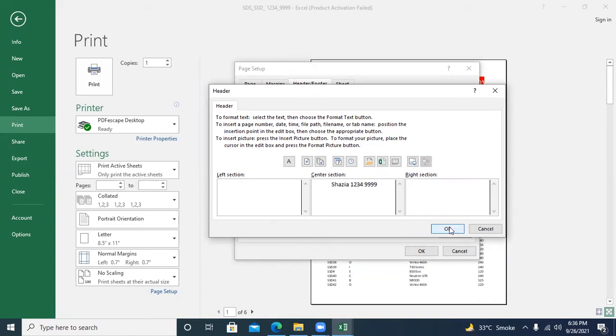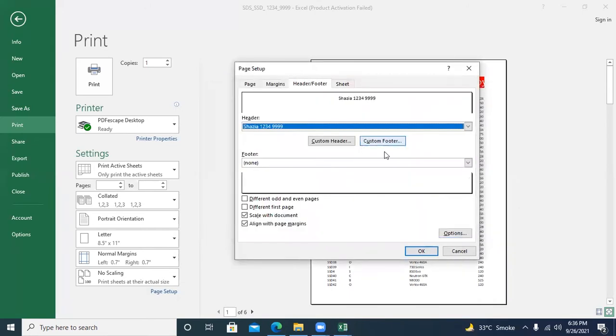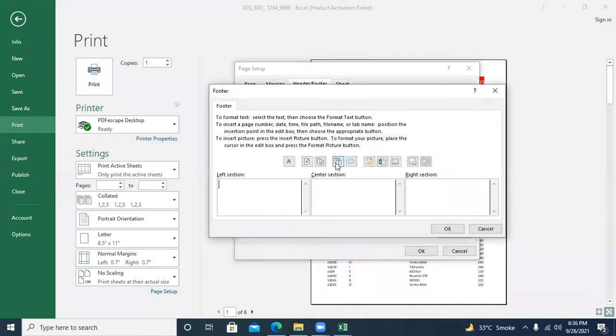So okay, now custom footer, we are asked to insert date, current date, then space and time. So here we need to type time. Okay, so done.